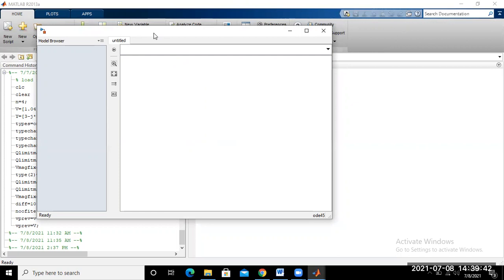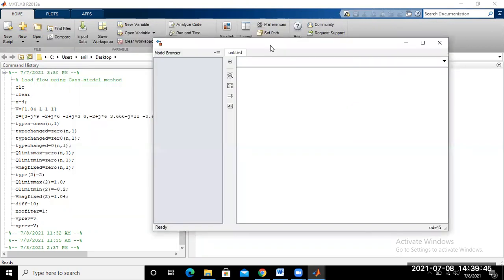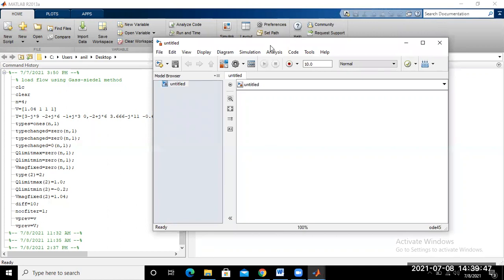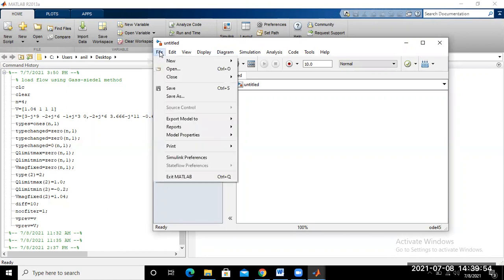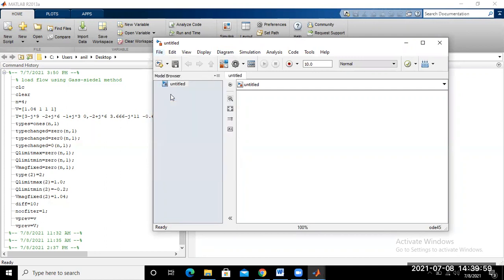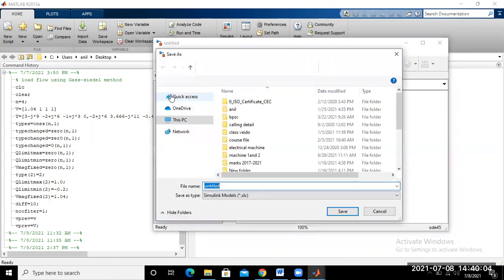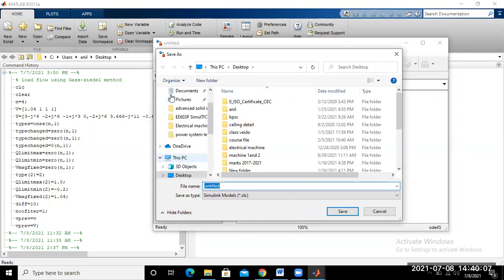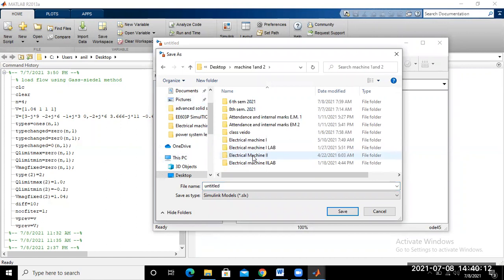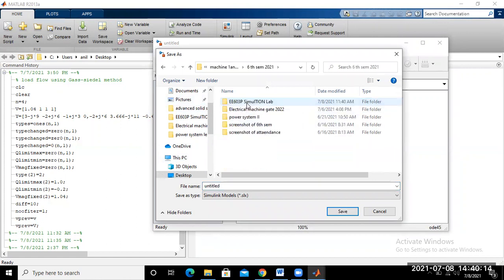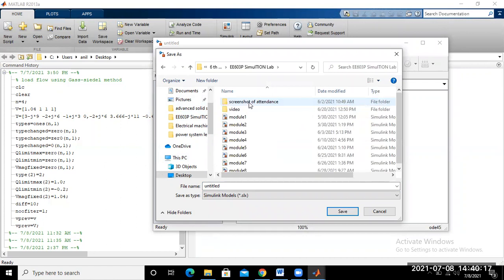So you should save this untitled model with some name. That means go to File and Save as. Okay. I want to save this model in this folder, so open the 6th semester, simulation lab folder.